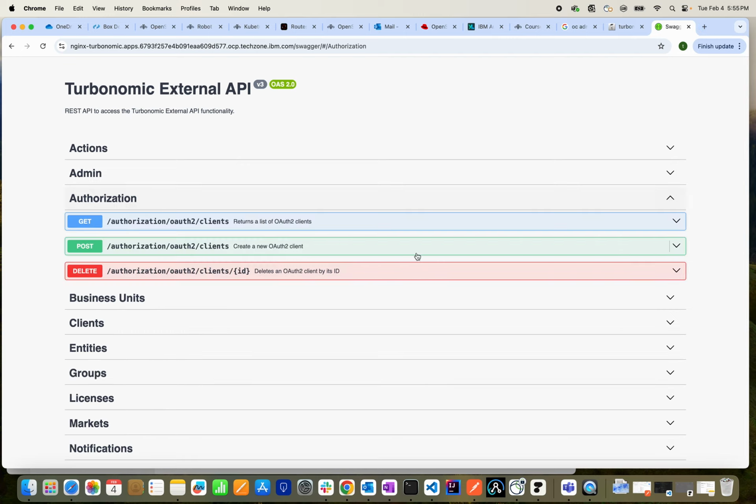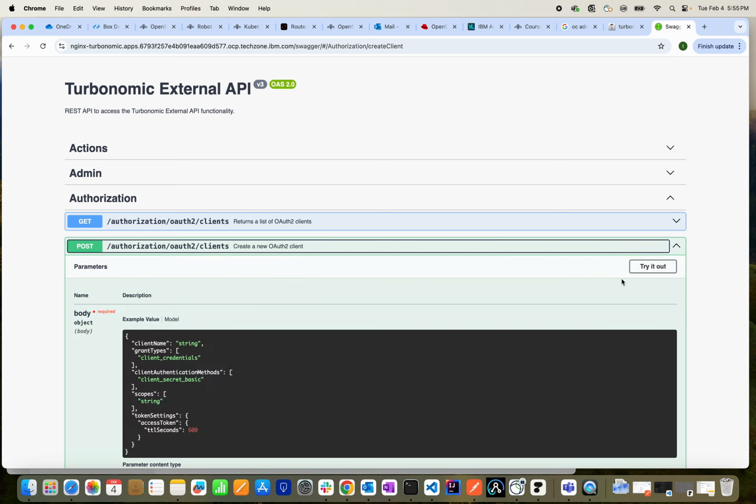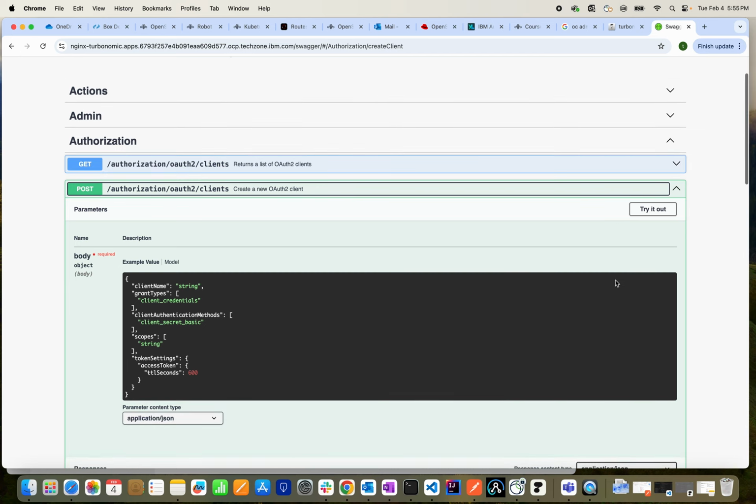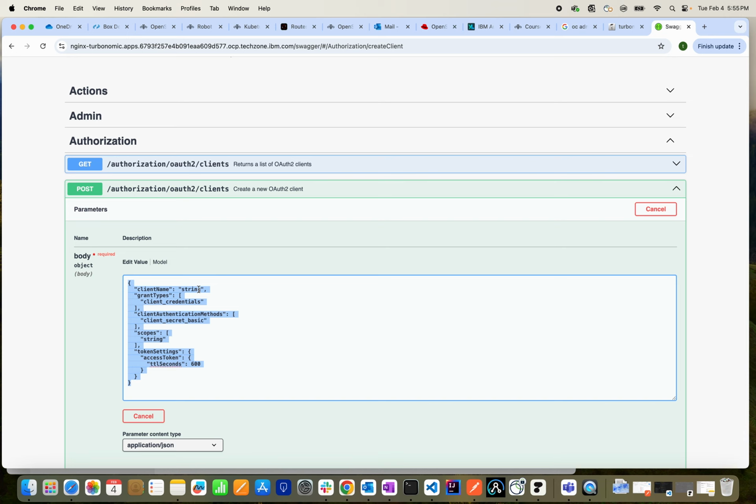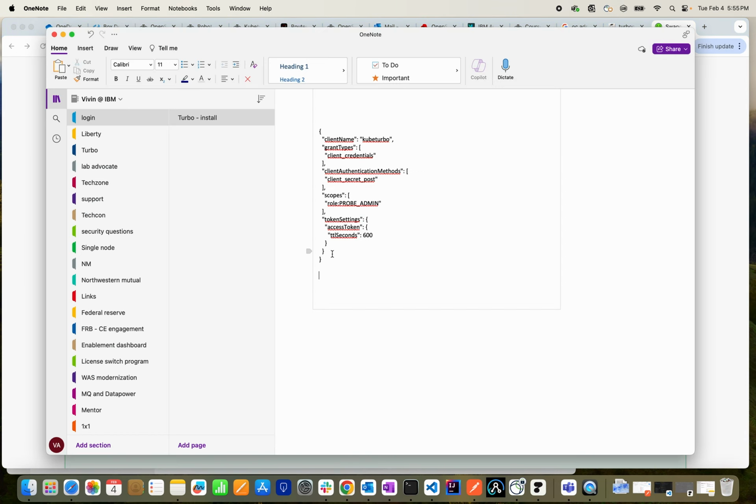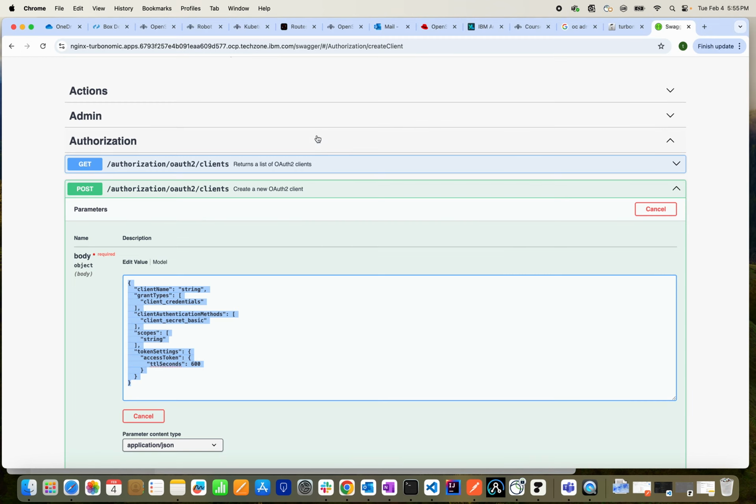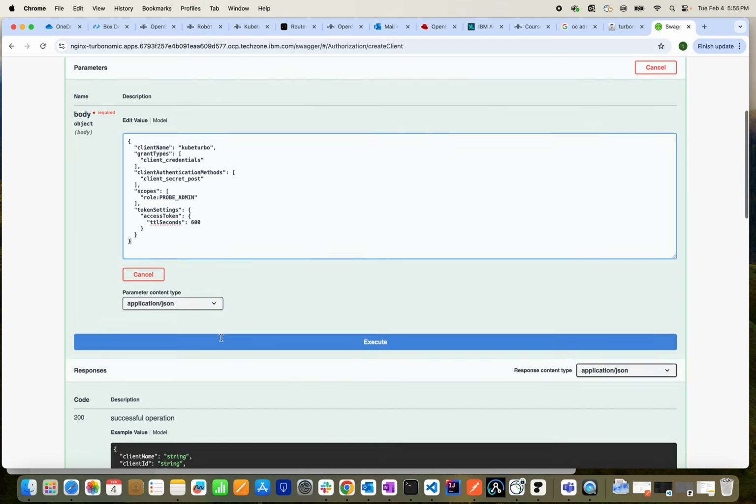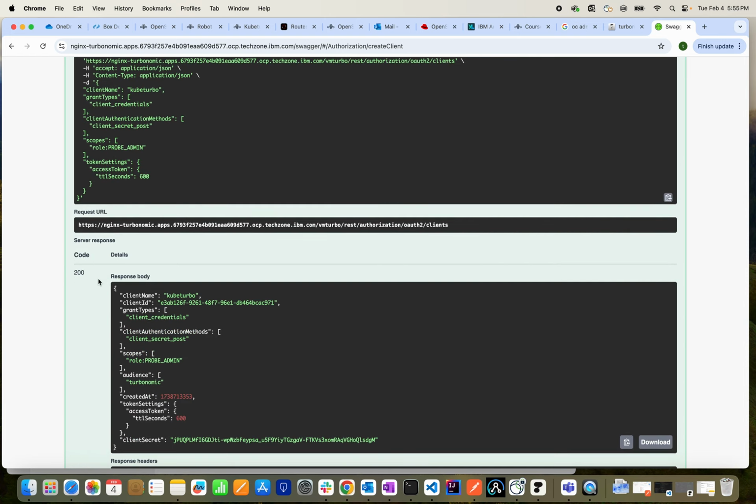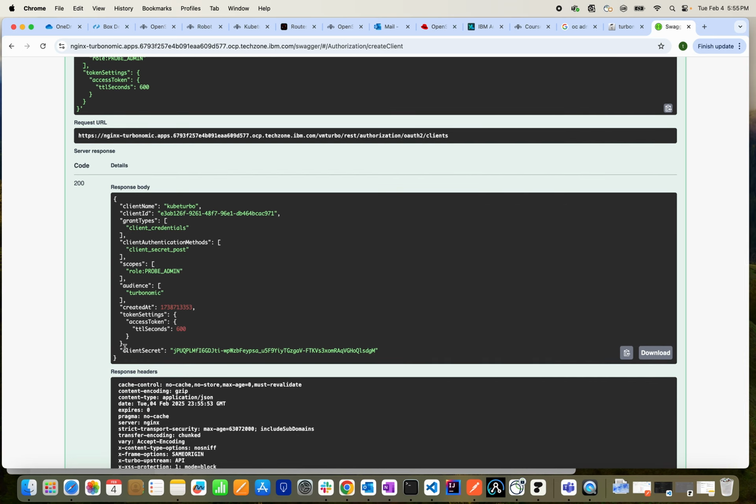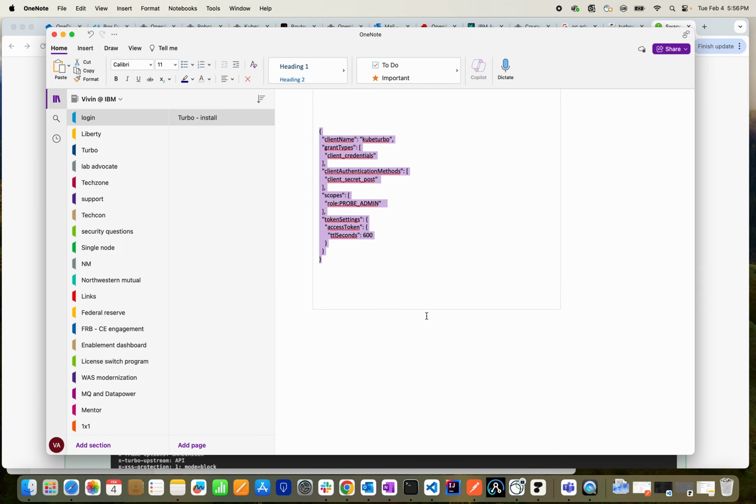This will take you to the homepage where you can see the list of APIs that Turbonomic provides. Expand the authorization one and click on the POST API, which is used to create the client ID and client secret. Click on try it out and I'll replace the body with this JSON one, which has a different scope listed in there. Click on execute. If it's successful, you should get a response code 200 and the body should contain client secret and client ID. Copy that over